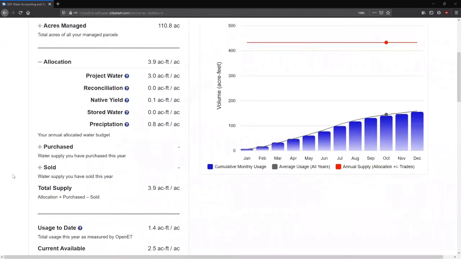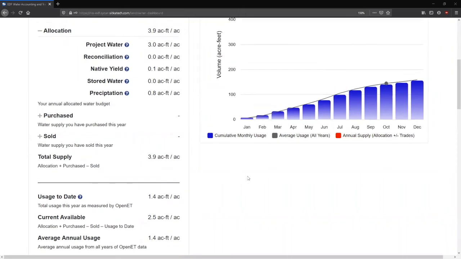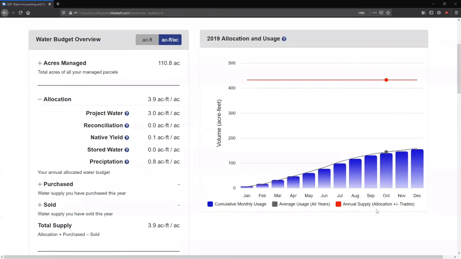At the moment, this particular landowner's dashboard does not show any water being purchased or sold. In the next trading video, we'll show how the buying and selling of water will occur within the platform. You can also see via the chart the water usage to date as measured by the OpenET